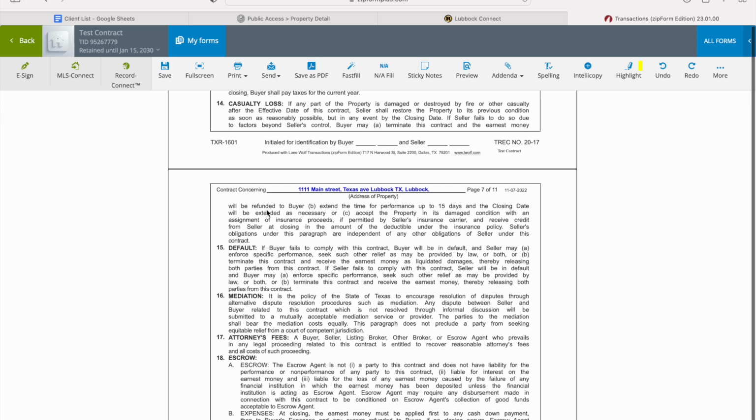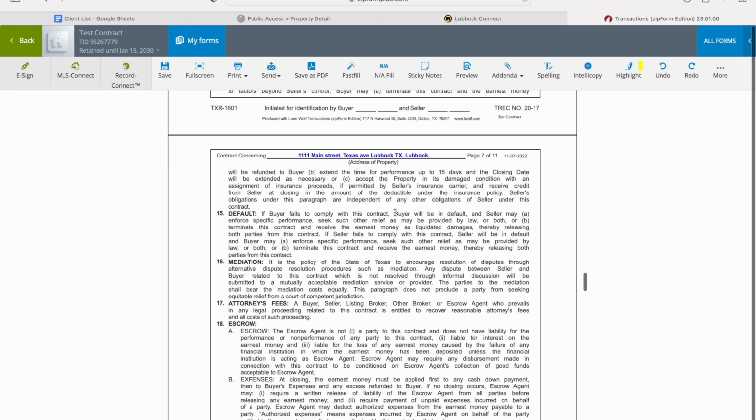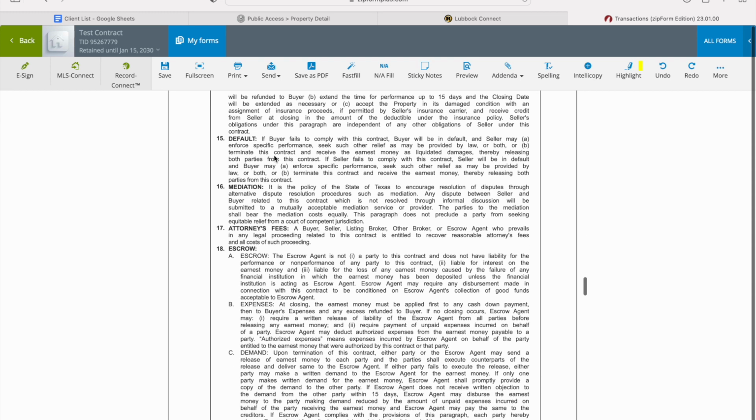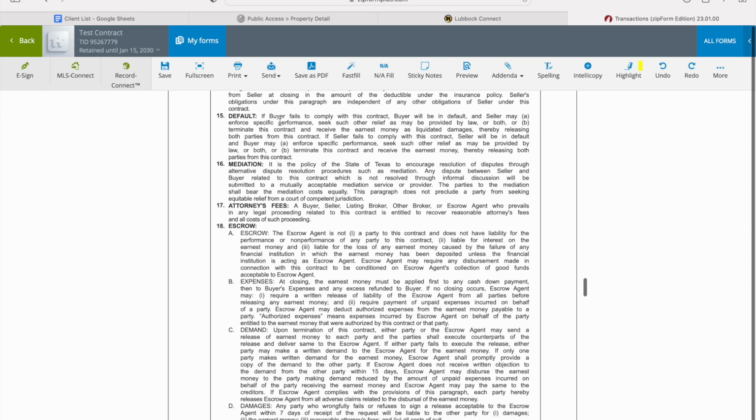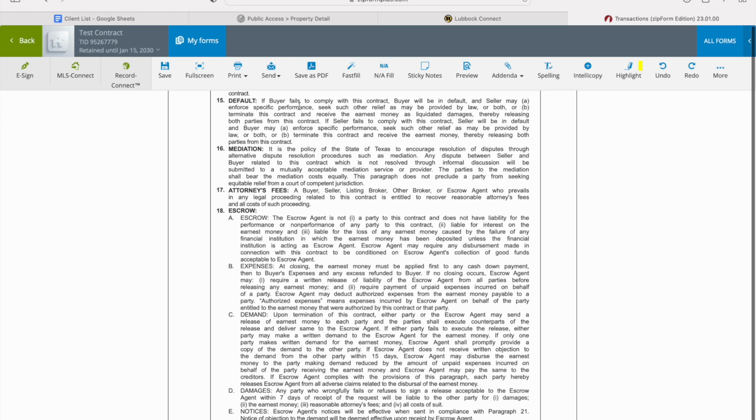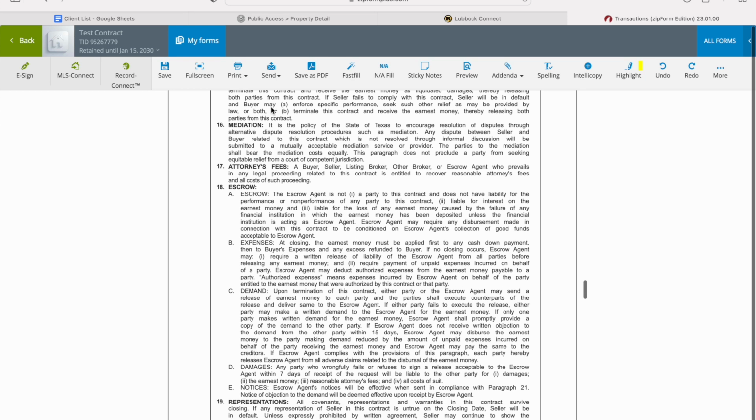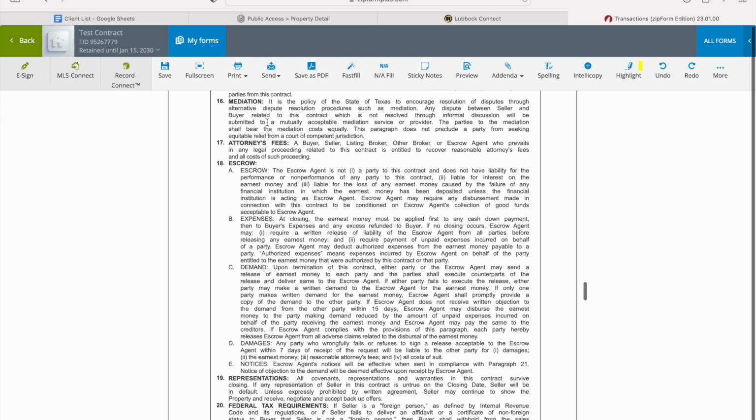If something were to happen, an act of God, and it destroys the property, of course, they can terminate the contract. The buyer can get their earnest money back. Default: if anybody fails to comply with the contract, there's specific performance that can be executed on either side, if so chosen. Mediation, attorney fees: before anybody gets attorneys involved, try to sit down, work everything out with each other,